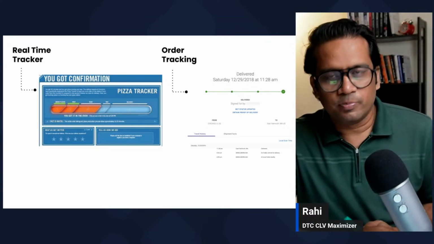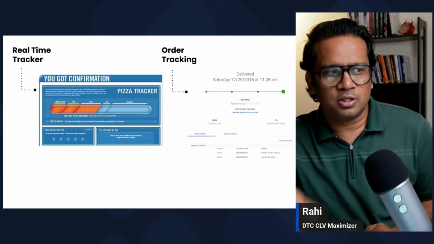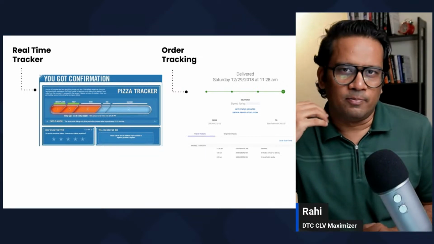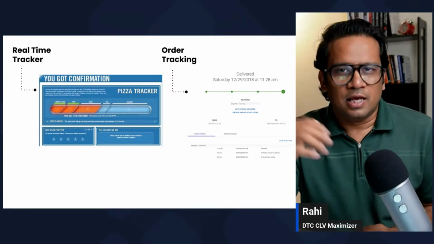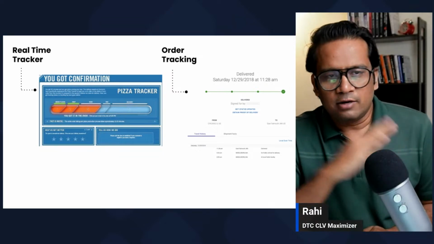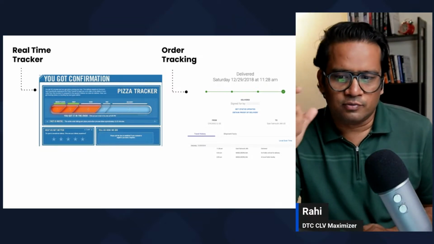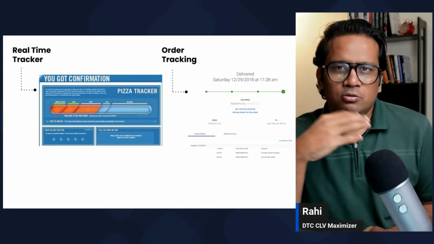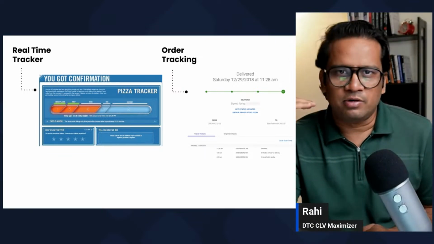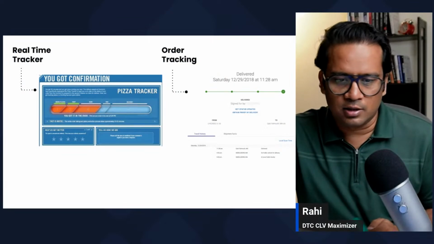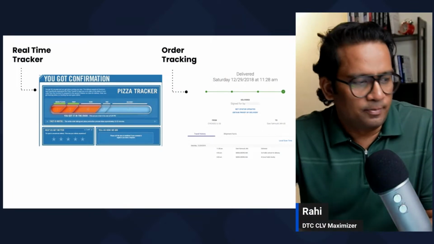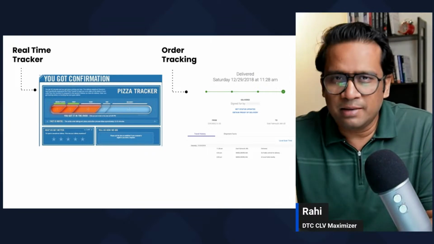These might not be relevant to your industry or your product range, but I'm just trying to show that for food delivery, Pizza Hut has a tracker. Order tracking is definitely there, and I will say go granular on your order tracking. Instead of just showing one or two statuses, show 10 statuses to the customer and try to give them every part of the information, and that becomes really important to create trust, and show them how much effort